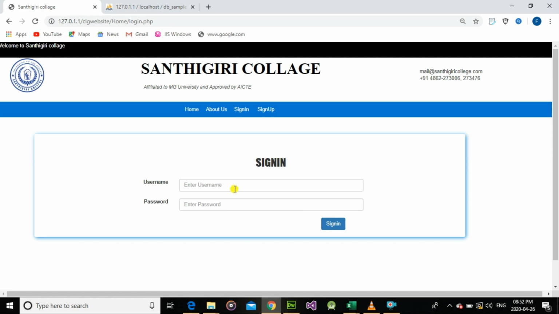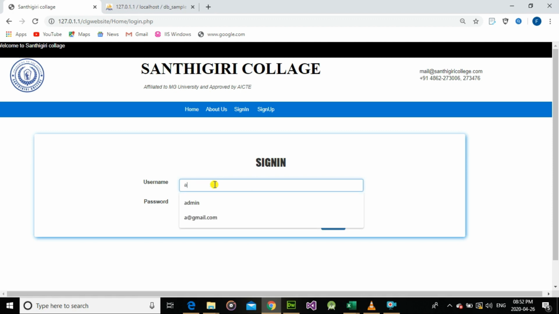If these text boxes are null and we click on the login button, we can see the required field validation. Then enter the username and password of the admin. The username and password of the admin are set by default in MySQL.